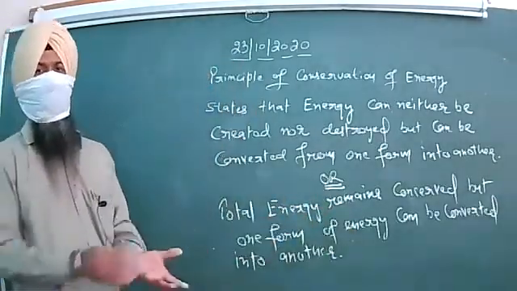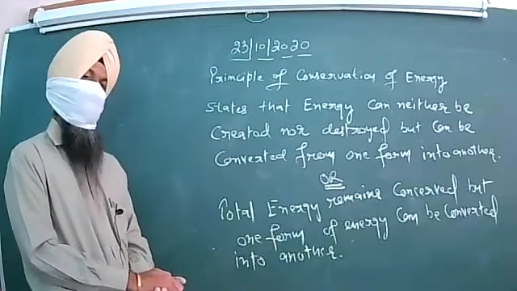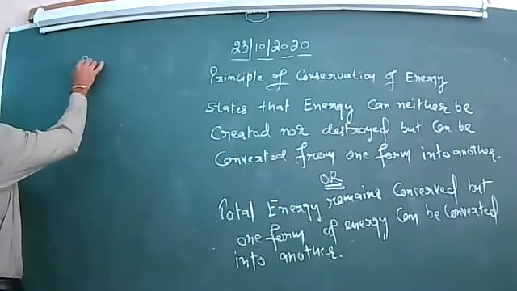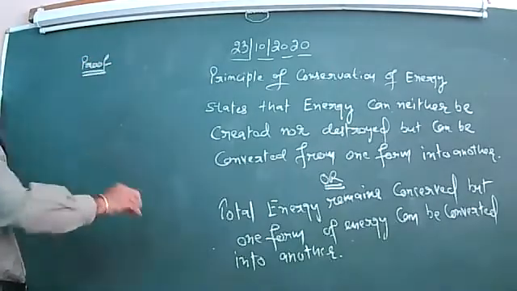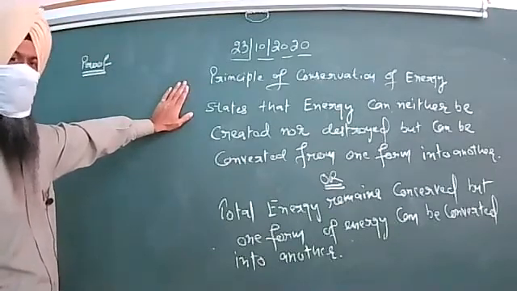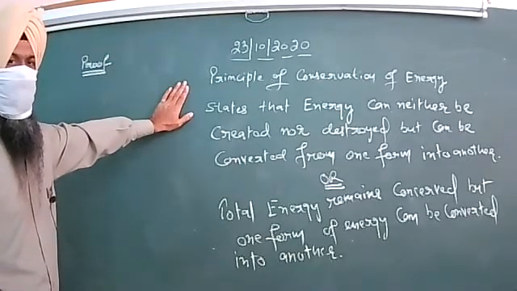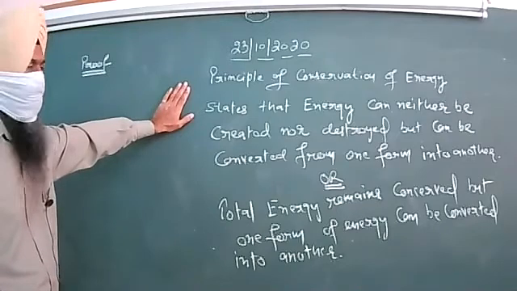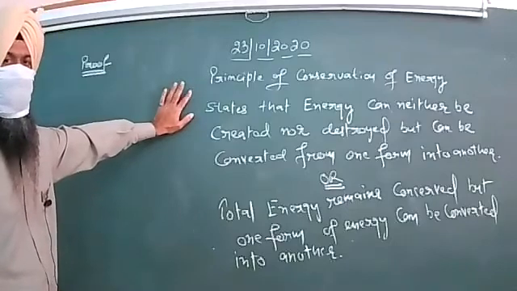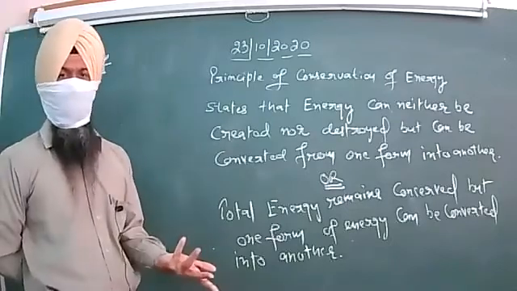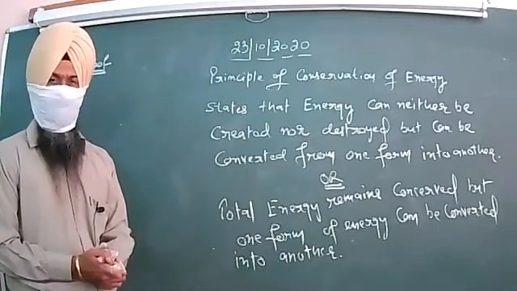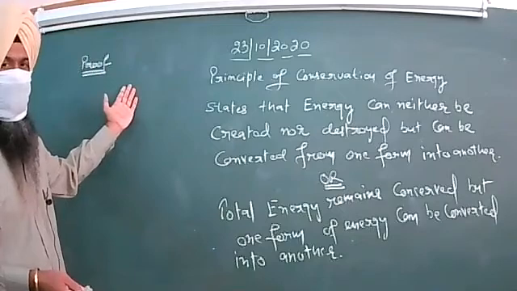Now, we are to proceed with the proof of this energy conservation. Let us have that proof. This is a very simple statement, beta. We say that the total energy remains constant. However, kinetic and potential energy may change. But on which mathematical basis can we say that the total energy is fixed, but kinetic energy and potential energy are interconvertible? So let us have the proof of this statement.